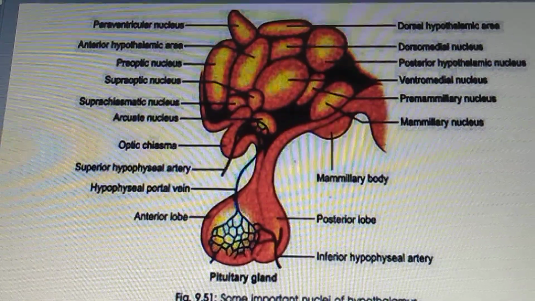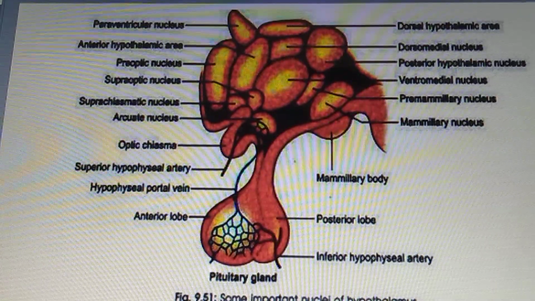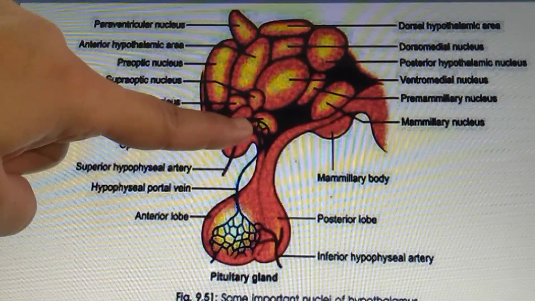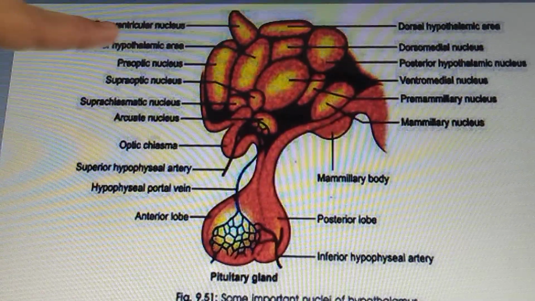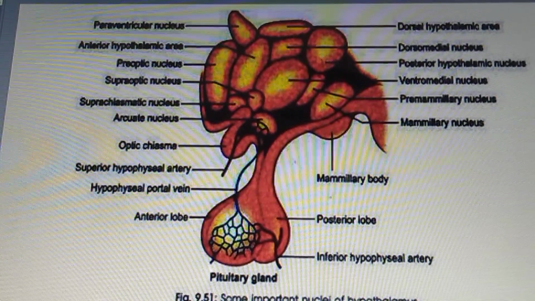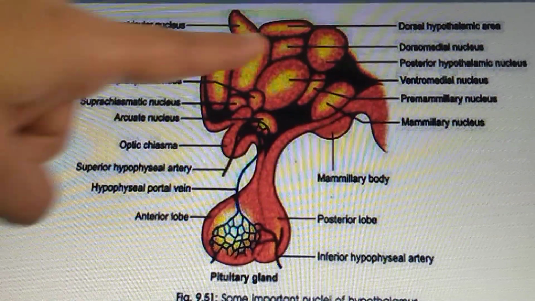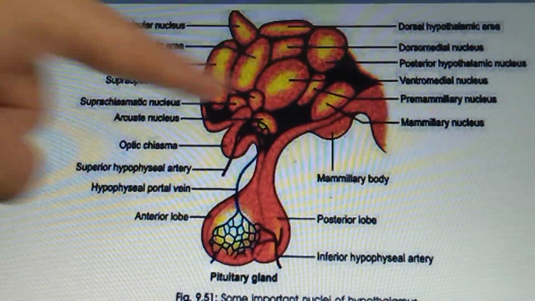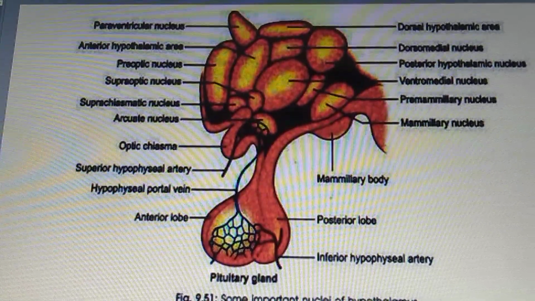Now here you can see in the first, that is the optic part, the first nuclei are the pre-optic nucleus and the supraoptic nucleus. Pre-optic nucleus you can see here, and this is the supraoptic nucleus. Second is the paraventricular nucleus, that is just above the supraoptic, and the lateral nucleus in the lateral zone. Then the tuberal part. In the tuberal part you will find the ventromedial nucleus and dorsomedial nucleus, and the fifth is the tuberal nucleus lateral to the ventromedial nucleus, that is not shown in this diagram.